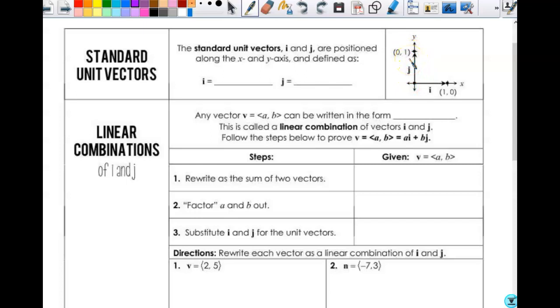So the vector for i is 1, 0. The vector for j is 0, 1. So notice I wrote a vector here. These are ordered pairs because those are actually points, but I can move those vectors anywhere I want. Okay, so any vector v that is in the form of ab, which is really any vector that we know right now, can be written in the form v equals